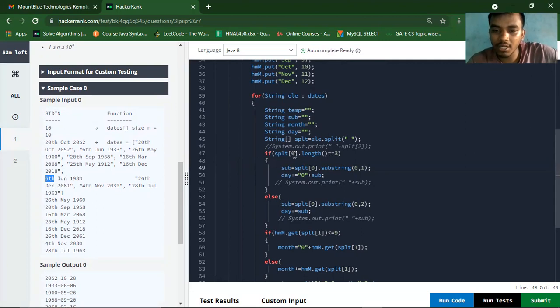So splt 0 will always return what? Day, 1 will return month, and 2 will return the year. Splt index 0 will always return the day, then the month, and the year. So for 0, I am taking the substring. If it is just a 3 length, then I will consider that it is like something,